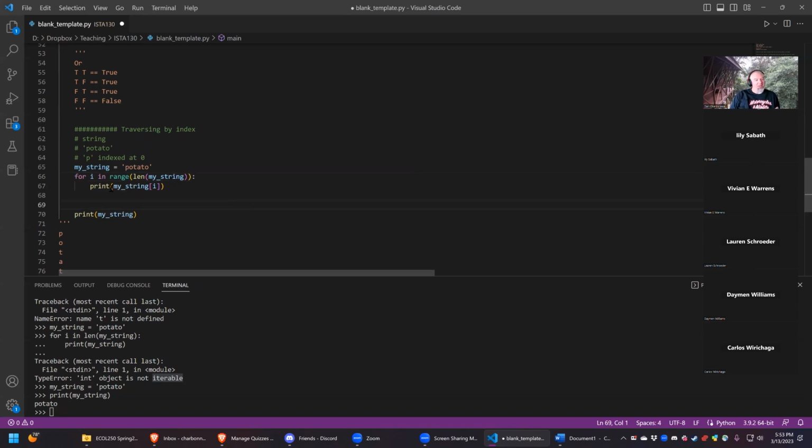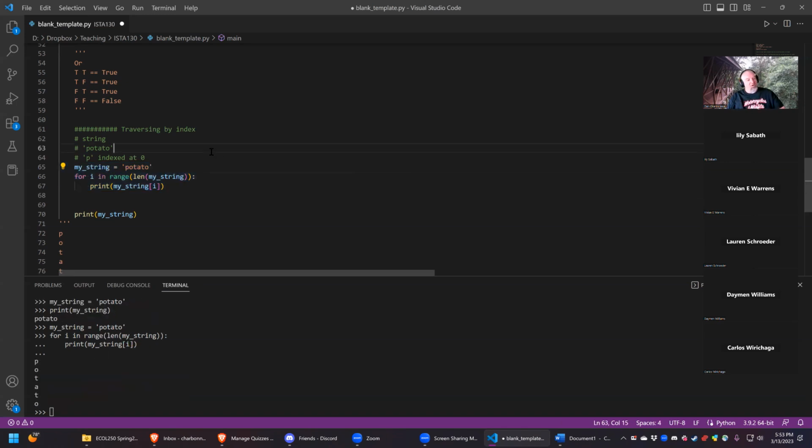All right. So now, what do we think? Do you think this is going to work? We feel pretty good about it. I think so. All right. So let's just think about why you need a range there, right? And this will actually lead into traversing by index, which is another way of doing it, right? So if you did, for example, for I in